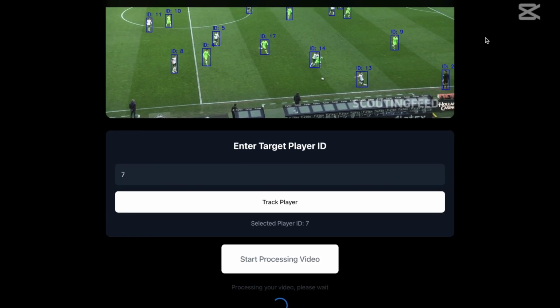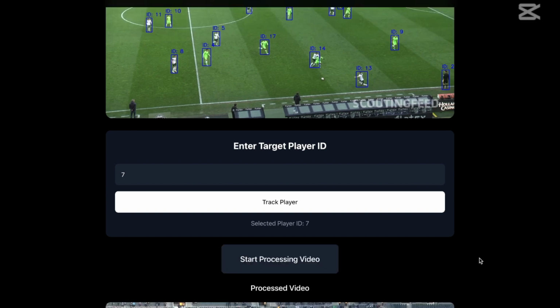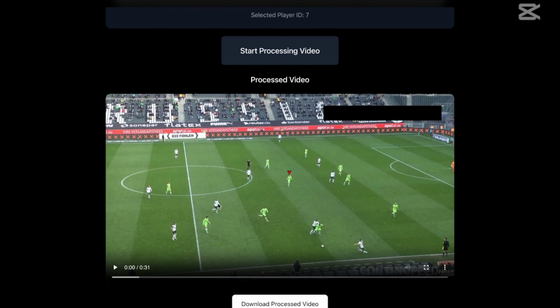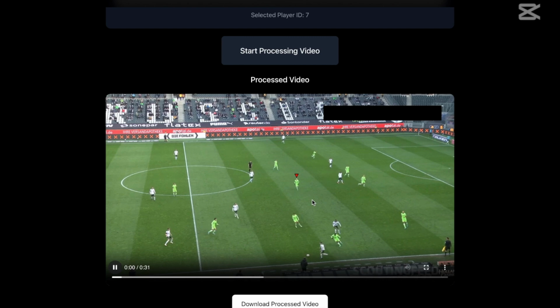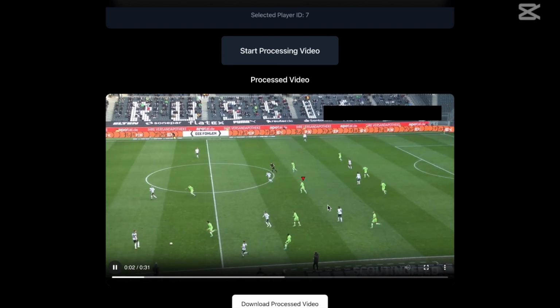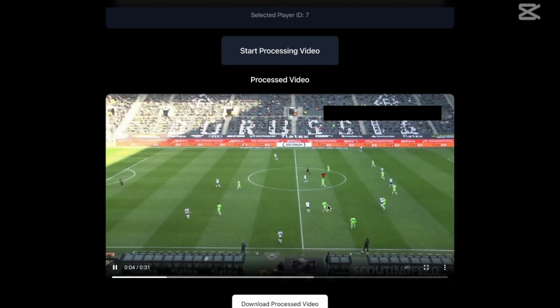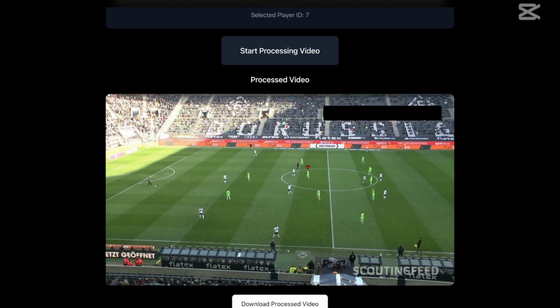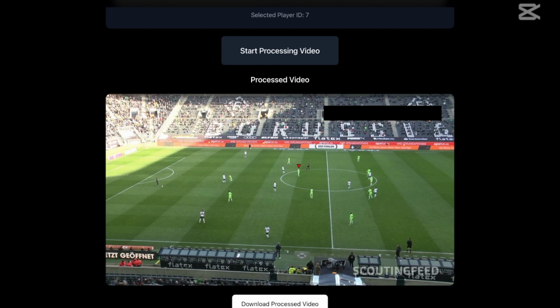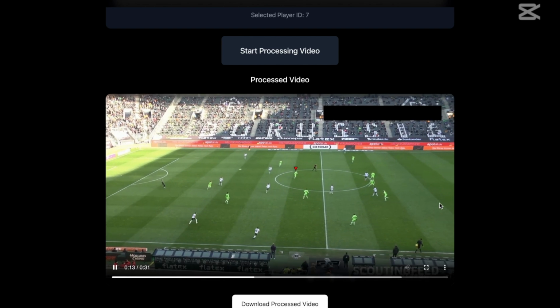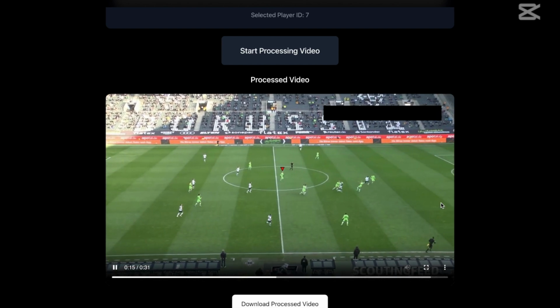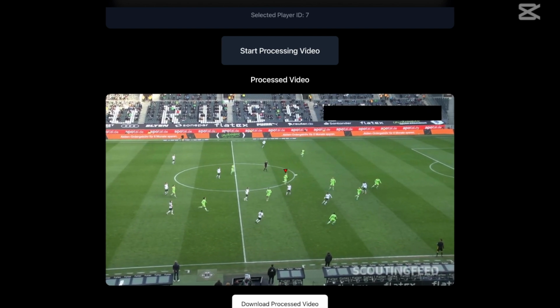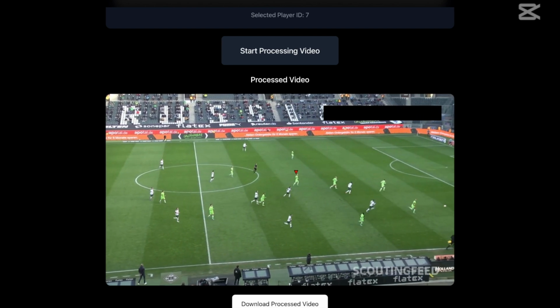Again, with the start processing video and pick player, I cut these loading portions out because they do take a couple minutes. But here we have the processed video, and as you can see, the player that was designated ID 7 is being tracked with a little red triangle, and this is done for the entirety of the video. And essentially with this, the user has the freedom to then download the video, and then they could restart the process, uploading a different highlight reel, and basically make a collection of their highlight reels